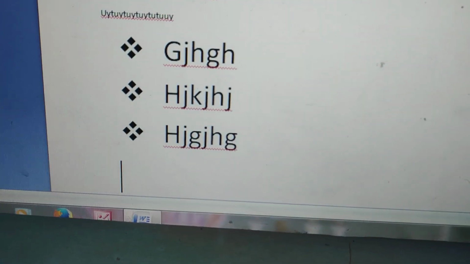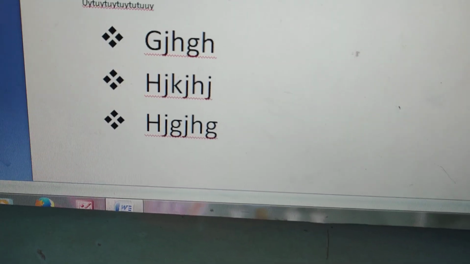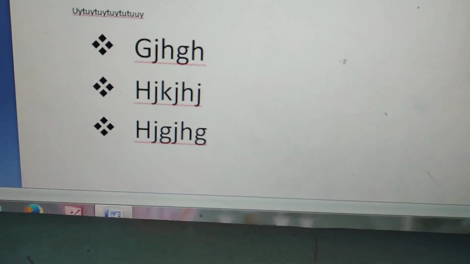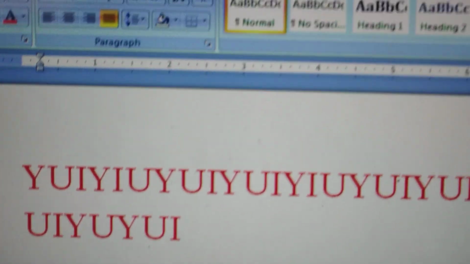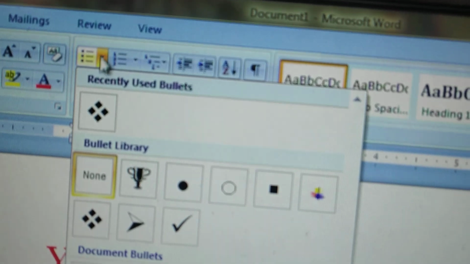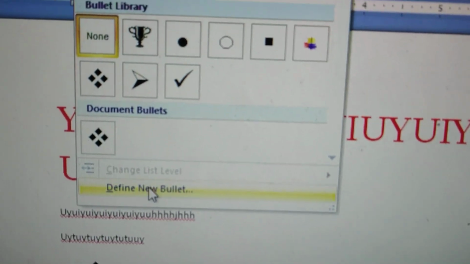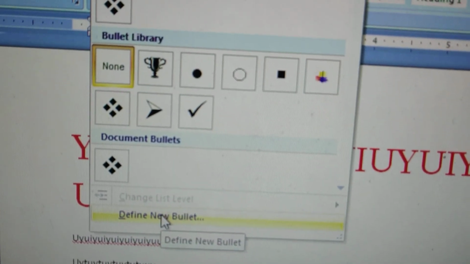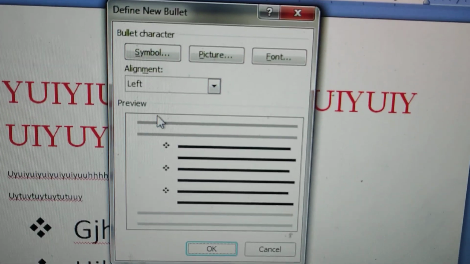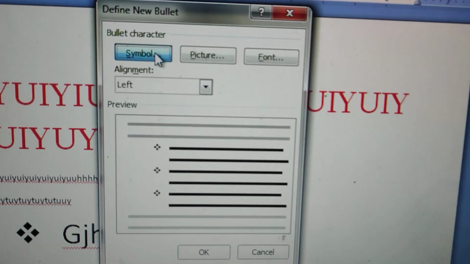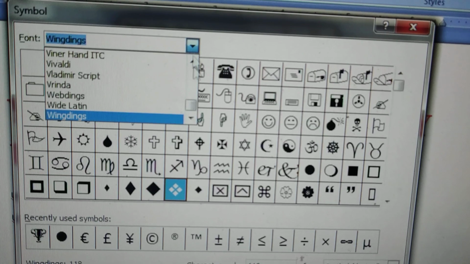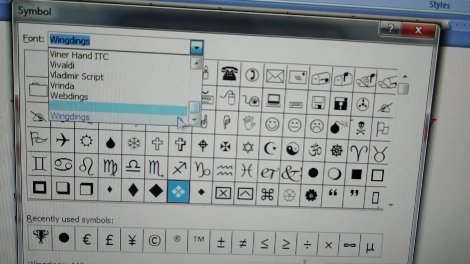be disappeared. If you want to change the style of bullet, then what to do? I don't want this type, I don't want this design. Now what to do? Then again go to bullet, click on that arrow and here is Define New Bullet. Click on this option. You will get this type of window. Click on Symbol and here you have to choose the Wingdings font. It is at the last.